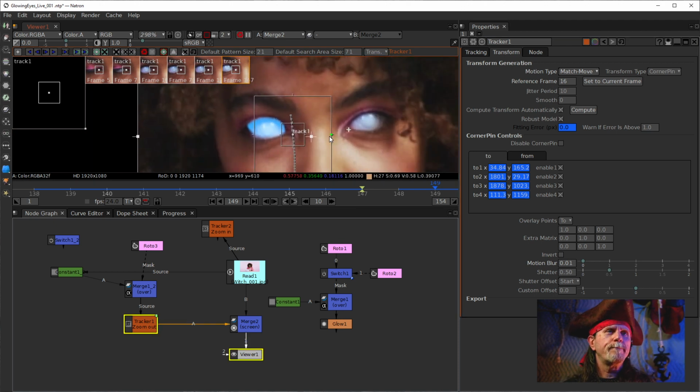We lucked out. So, if you're doing something that actually has motion blur, like a lightsaber or something really fast,